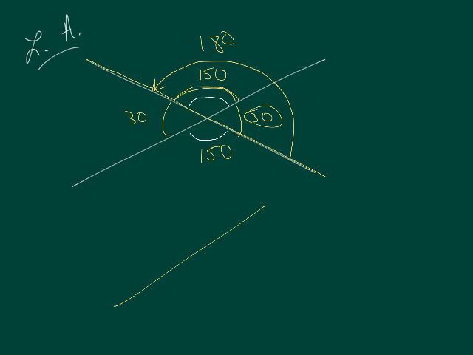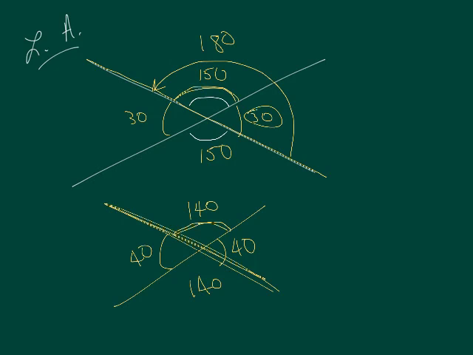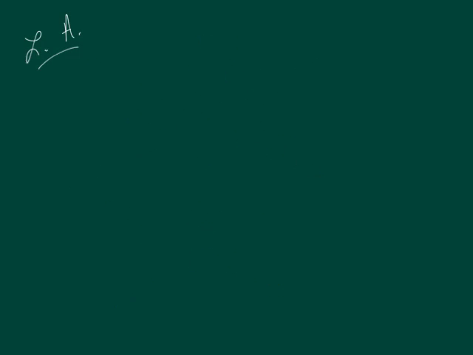So when I give you two lines that cross like that, and I only give you one of those angles, you can figure out the rest of them. You'll know this one's 40. And this one here is going to be 180 minus 40 because that's your supplementary angle there. So that is going to end up being 140. And then this one here will also be 140. So you can figure out a lot of angles given that information, which takes us to our first example here